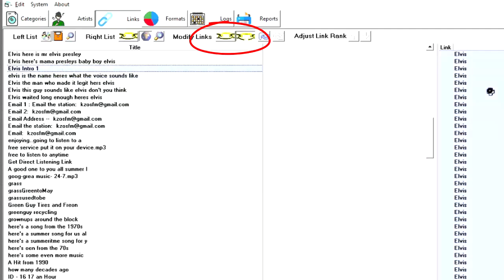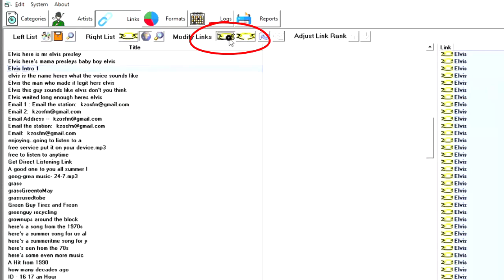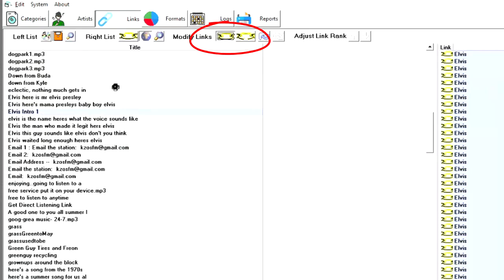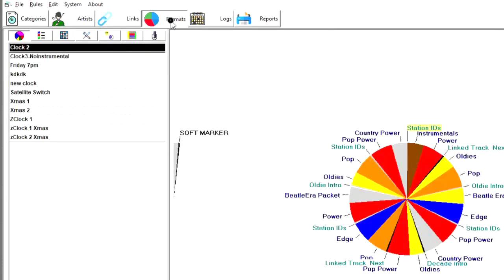Click once in and do a Control A, and that selects all of the Elvis tracks, everything that's on the right side of the screen. And with one click, you can link them. Now, I'm bouncing through to make sure everything's linked. Right? Click, click. Everything is linked. I'm ready to go. But I've also got to format it, so let's go to Format Clocks here,